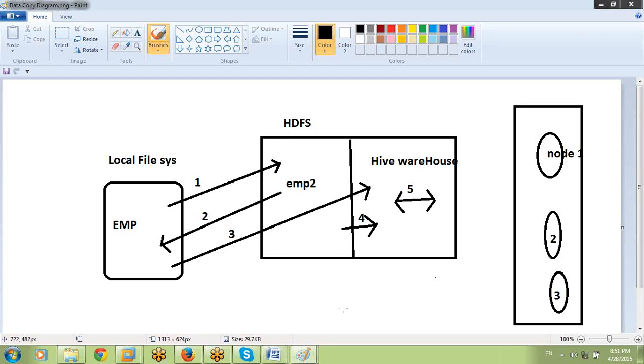Right. Okay, so that's it. I already shared the material, the Hive material, yesterday. So use that Hive material and complete this practical.